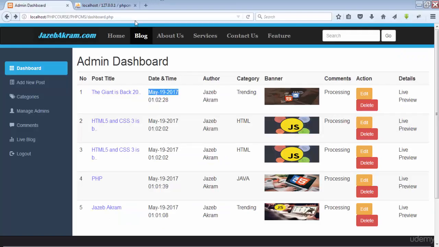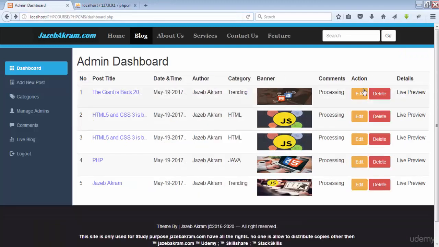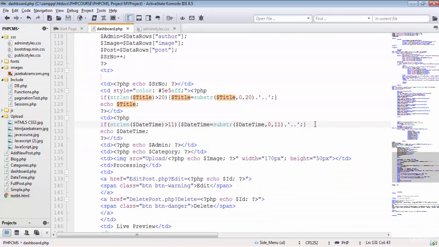Saving this one, refreshing the page, got edit button, then we got delete button, and also if we limit the author name as well, then it will be very good, these buttons of edit and delete. So this one I'm gonna make it to only show 6 characters. So copying this if strlen and making it for